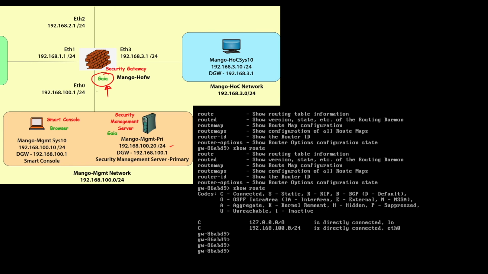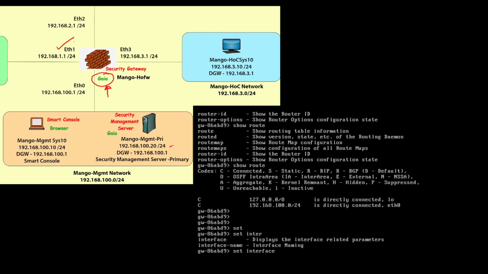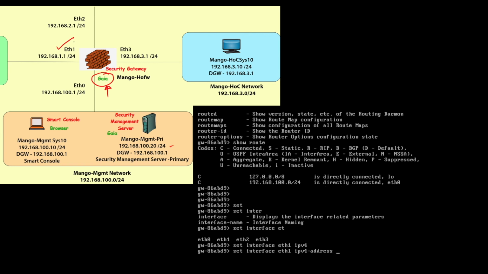So what we do now is assign an IP address to the ETH1 interface. How do you assign ETH1 an IP address? I use the command set interface ETH1 ipv4-address 192.168.1.1.